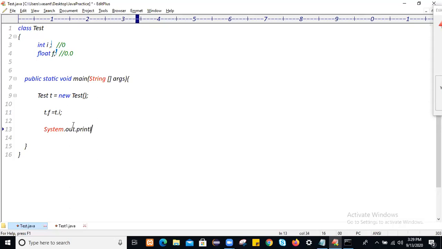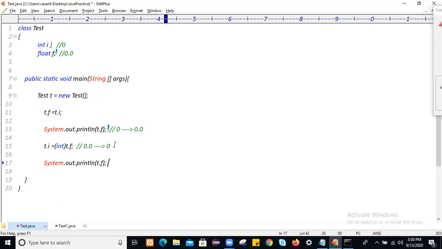While converting an integer value into a floating value, you will get some extra data. So 0 you convert into 0.0. If you are getting 0.0, not an issue. But if you try to convert the floating value 0.0 into an integer value, we are going to convert it into 0. It means you will lose data. Whenever you are going to lose data, perform typecasting. I will perform typecasting into the integer data type.